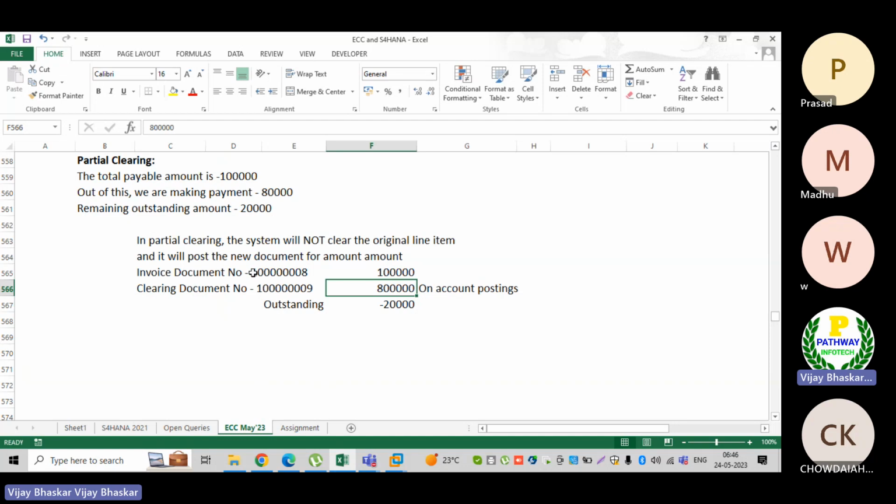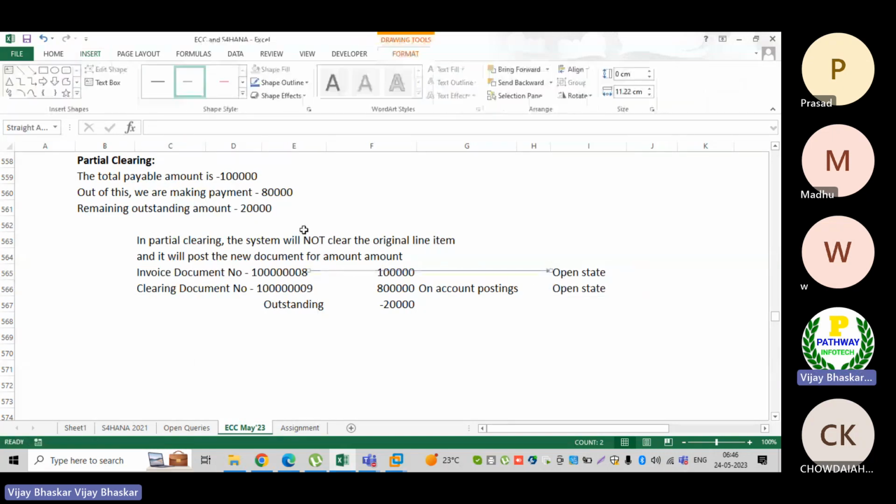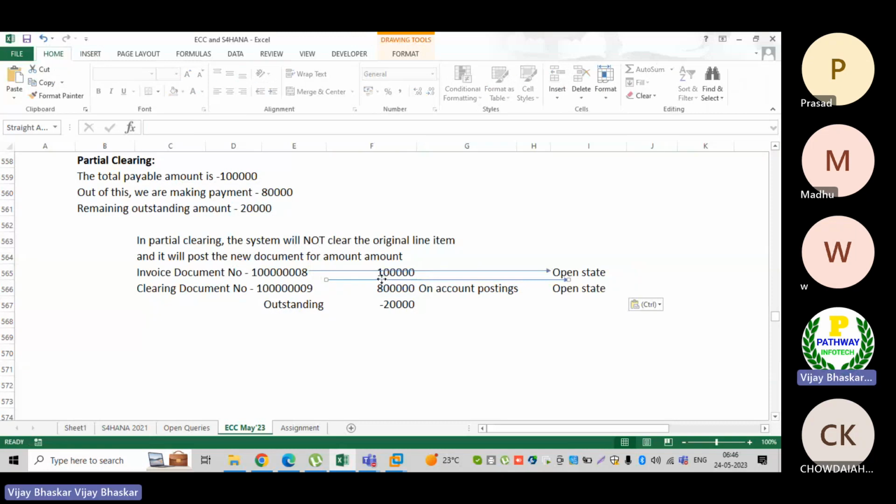What will happen here? This document will be in open state, and this document also will be in open state. If we go and see in the system, this is also in open state, and this is also in open state.